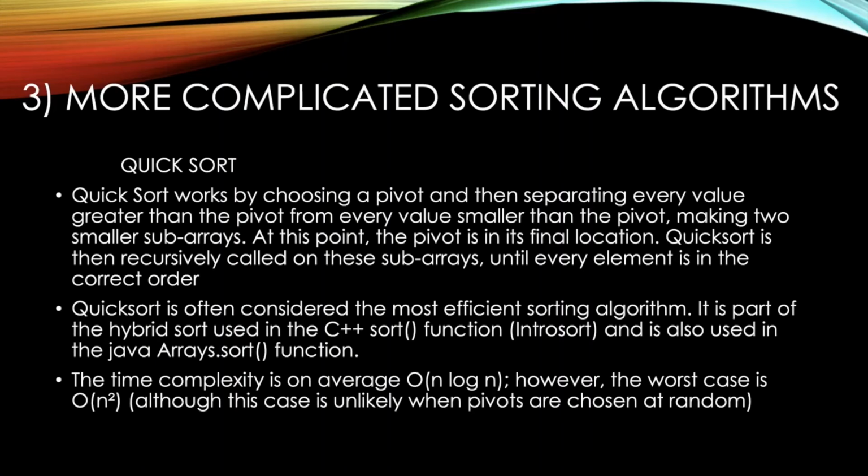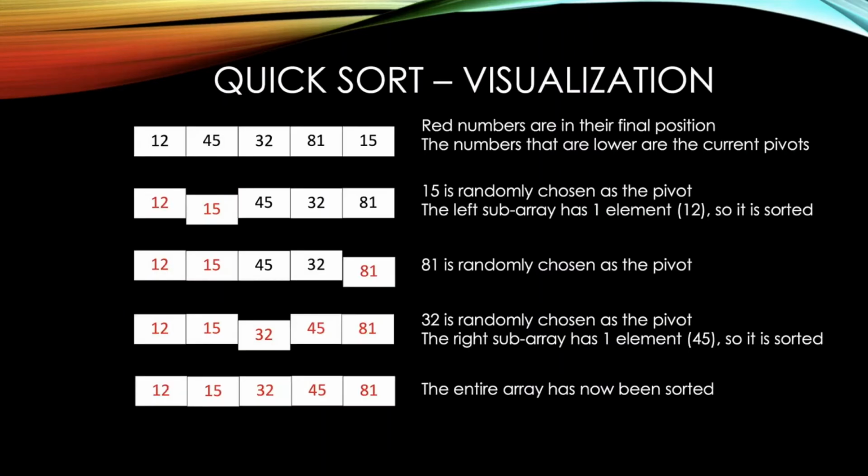However, the worst case is O(n squared), although this case is unlikely when pivots are chosen at random. To get rid of some of the flaws of quicksort, introsort and other hybrid sorts are often used. Now, the visualization here: red numbers are in their final position, and the numbers that are lower are the current